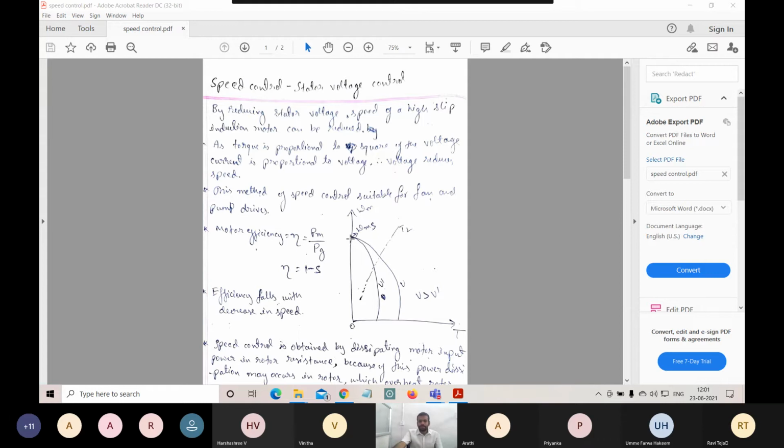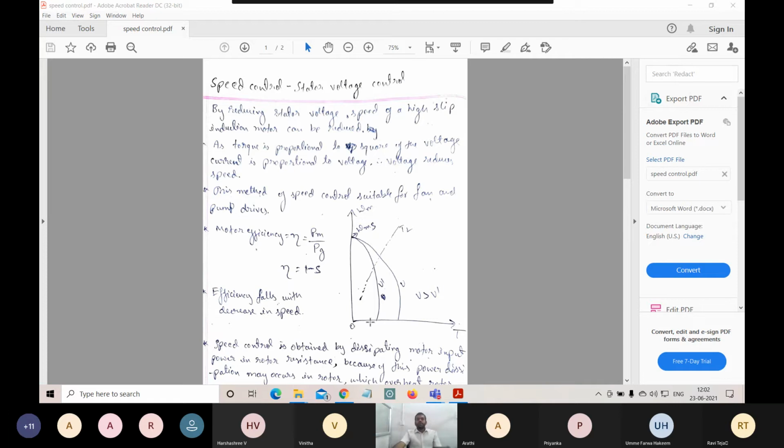Okay. So this speed gradually decreases. Speed gradually decreases with change in the voltage. So if you start the motor at some particular starting voltage, take it as V, and after a certain duration you want to control the speed, you control the voltage, so that is given by V dash. So here V is greater than V dash, which you can witness here. So by reducing the voltage, we reduce the speed, and automatically we reduce the torque.